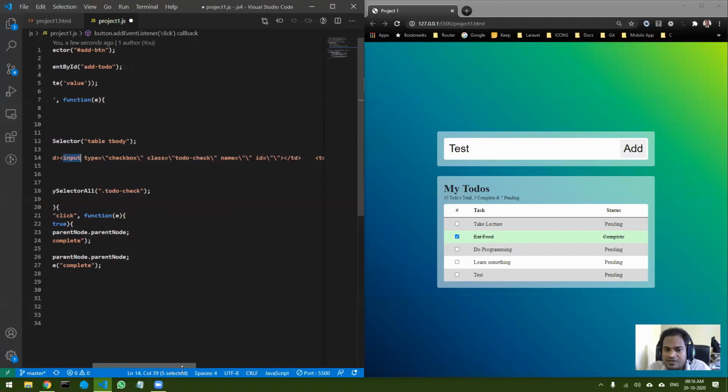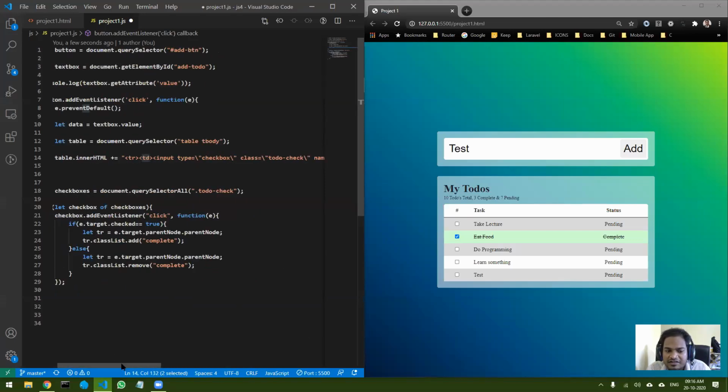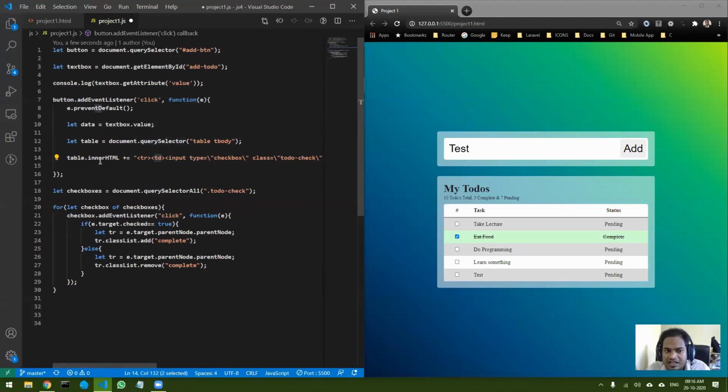For all this there will be different commands. And inside that also you will have to set attributes, type, class, name, id. All these things will have to be set. Then again a new td and another td. So you can see how difficult it can be. But in case of inner html, it is very simple. You just have to write the html string and everything works. But the DOM is not reflected.